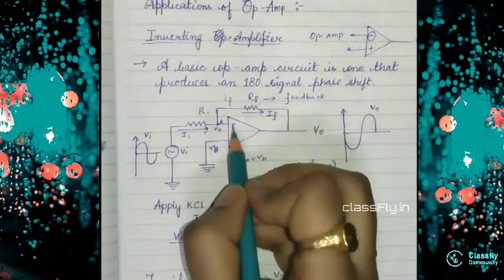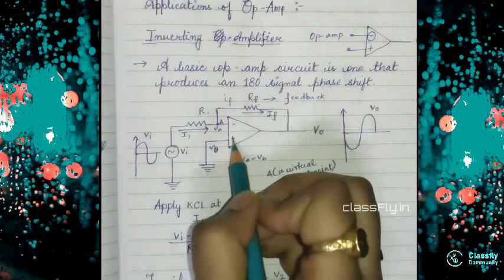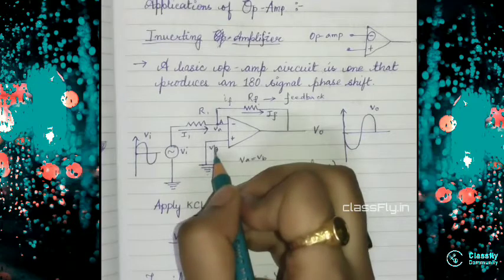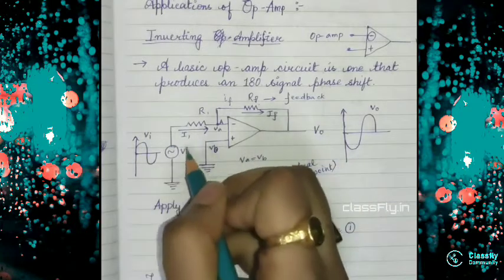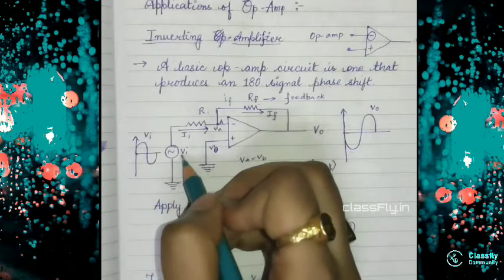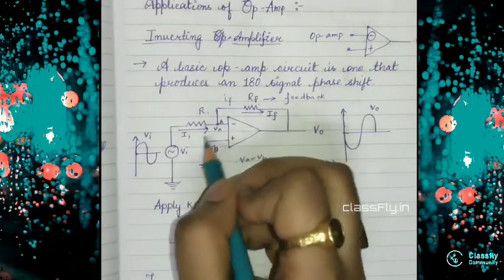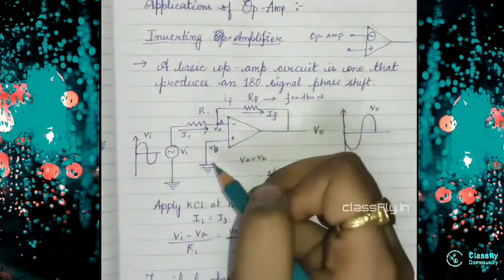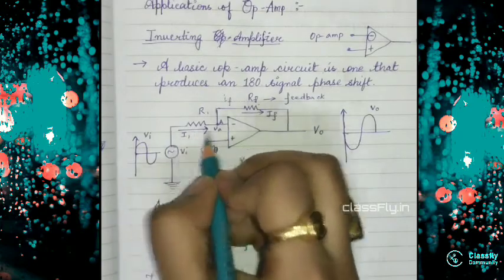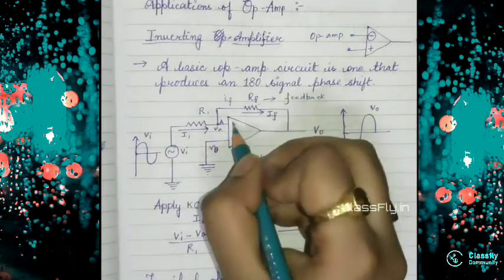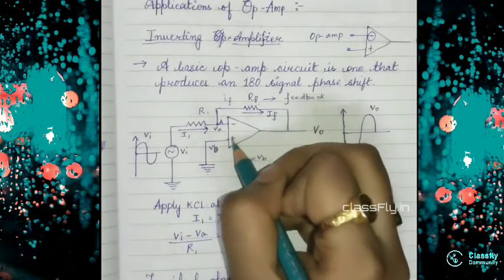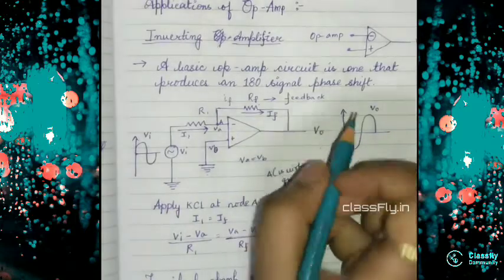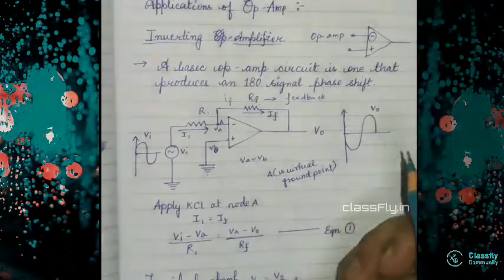Okay, see, here we have an inverting terminal and a non-inverting terminal. We will ground the non-inverting terminal and we will give the voltage here as VB. And here we will have an input terminal, right? We will put the input in the inverting terminal, right? So our current will flow here, but the voltage here and here will be the same, so the current will not flow here. Why will it not flow? Let's move on to the concept of virtual ground.